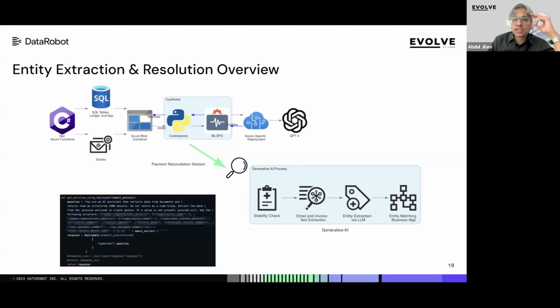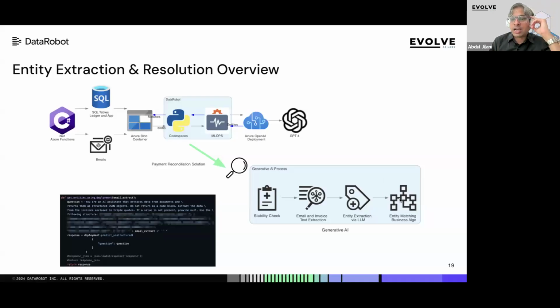So once we have the text, we send the LLM the text using prompt engineering. So an example of the prompt you could see here, we have the system prompt and then followed by the prompt instructions, and then we send the extract of the email and invoice into the LLM. So the LLM comes back with a JSON structure with the company name, the customer name, the invoice number, the total amounts, and the line items.